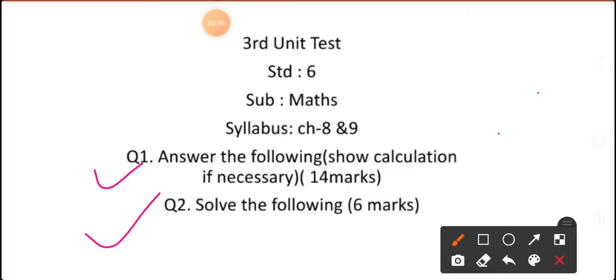Here totally examples will be there, and per question 2 marks, total 6 marks are there. So here in the first question you need to show calculation if it is necessary, if it is given in the answer. Okay, if it is given in the sheet PDF you have written in your fair notebook, then you need to show it. And for the second question you must show calculation.